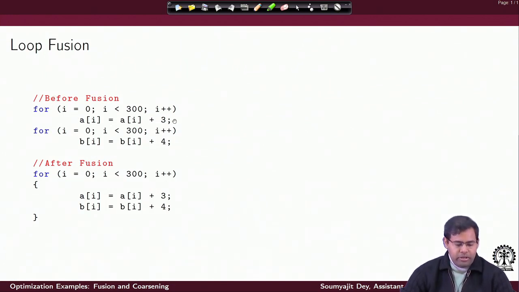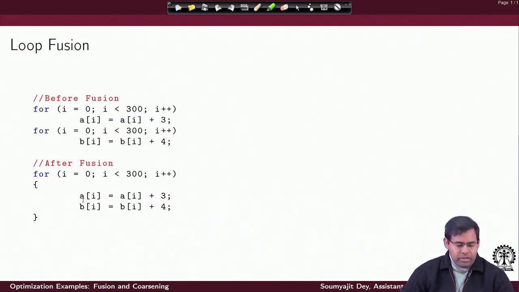We have two loops here. As you can see, in the first loop I iterate a total of 300 times. Again in the second loop I iterate a total of 300 times, while in each iteration of the loops I am accessing the array elements A[i] or B[i]. Alternately, I can fuse the loops and perform these updates of A[i] and B[i] together inside a single loop.